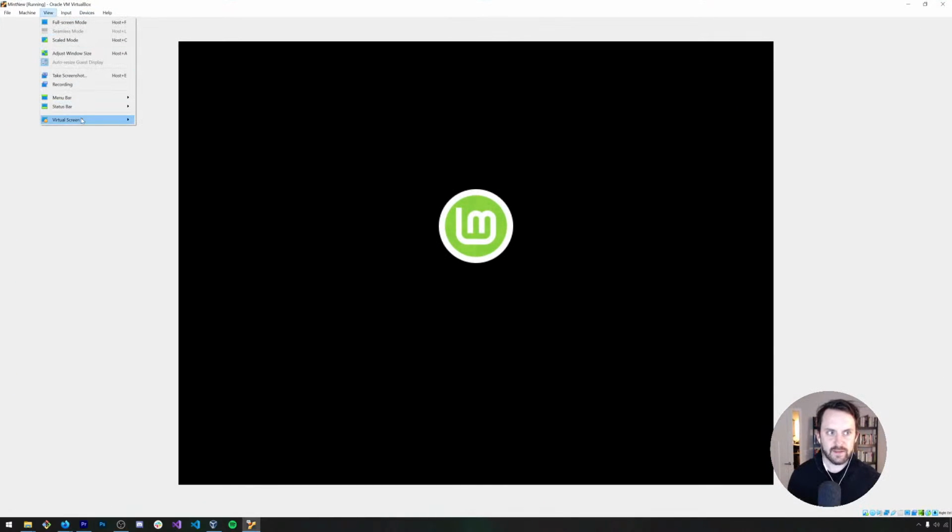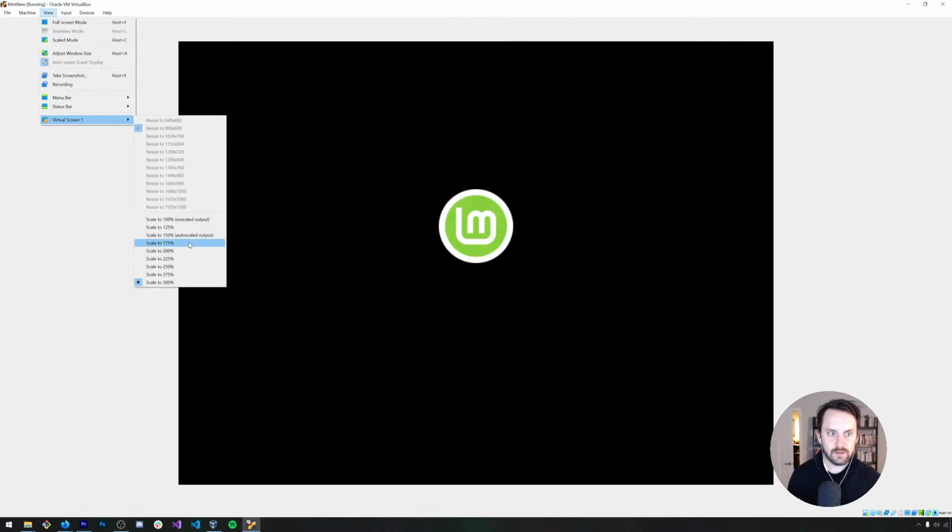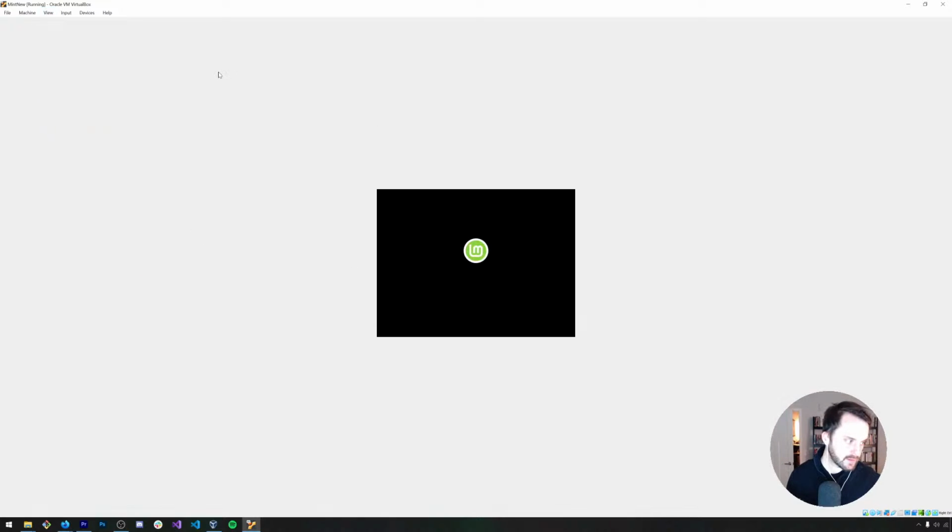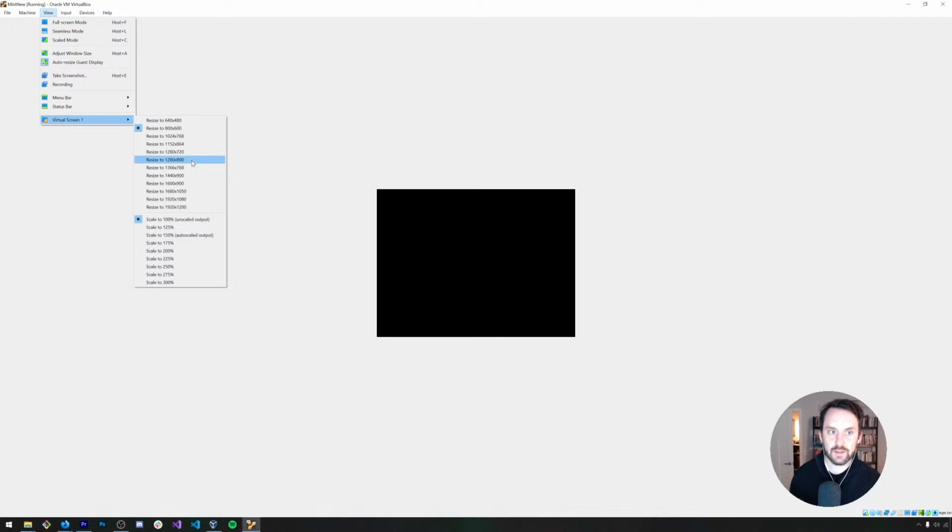It still feels scaled, by the way. Yeah, so this is actually the current one. Open terminal as root. Okay, will do. Oh look, okay, it's working now.